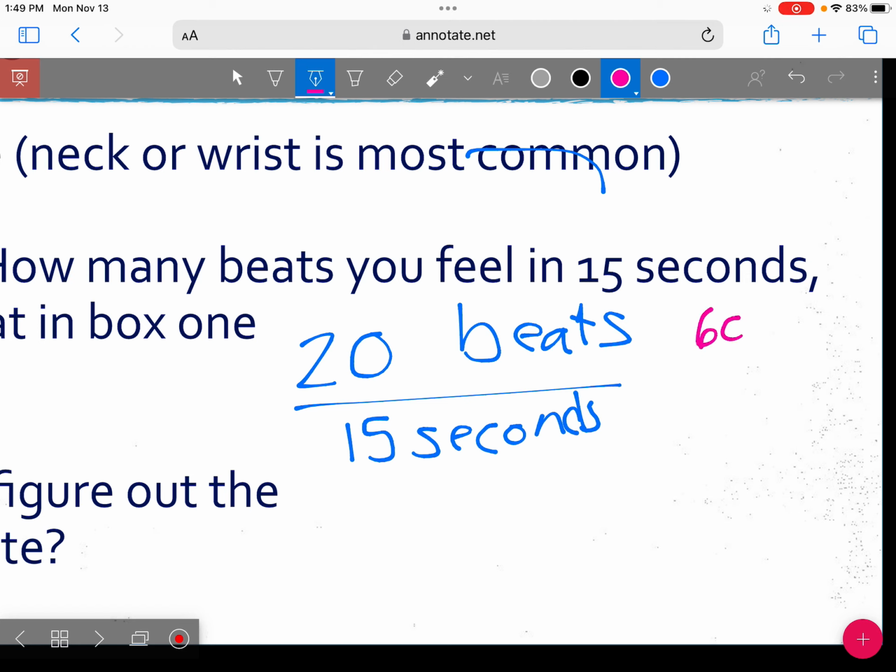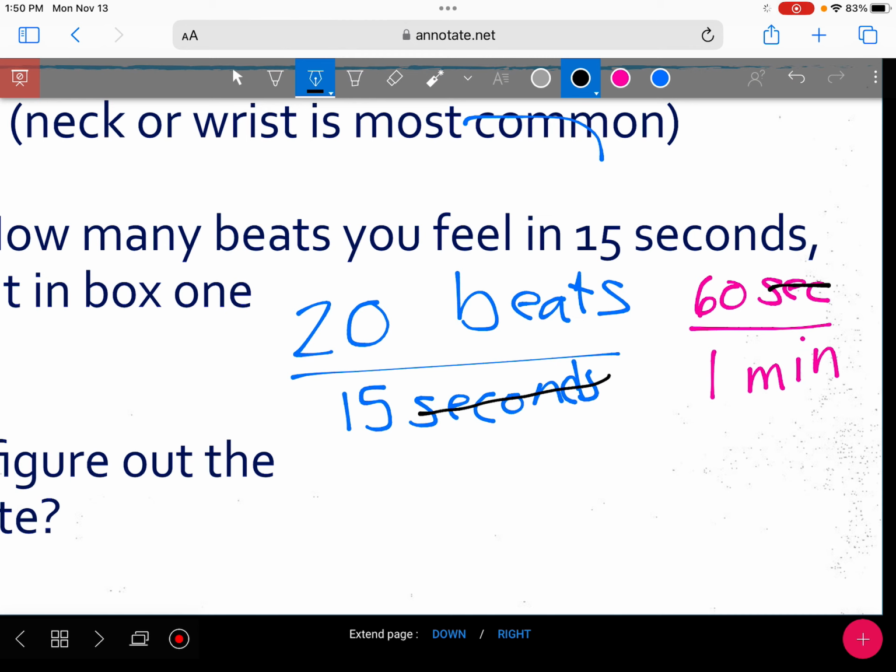There are 60 seconds in 1 minute, right? So I can cancel out the word seconds and the word seconds because it's the same word. I just spelled one out and abbreviated one. So it's going to leave me with the words beats per minute. So we're going to take our 20 times our 60 divided by 15, which is going to wind up being times 4 because the 15 cancels out. So for mine, I'm going to wind up with 80